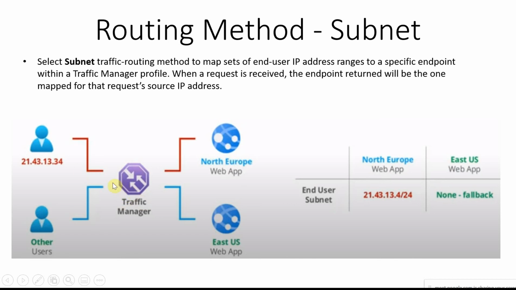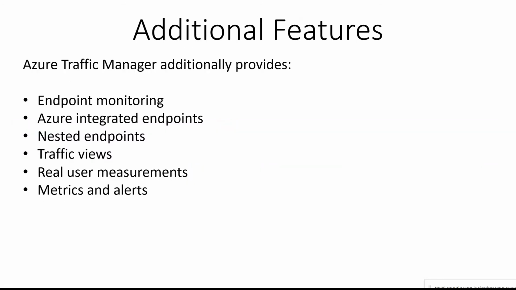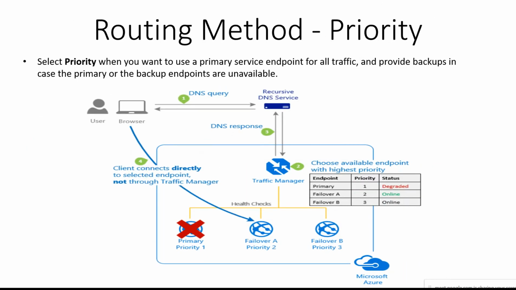So the subnet IP address also will be considered, and then it will route the traffic. So that is what this combination is. I think this is summarized, right? We have various routing methods. Most used,